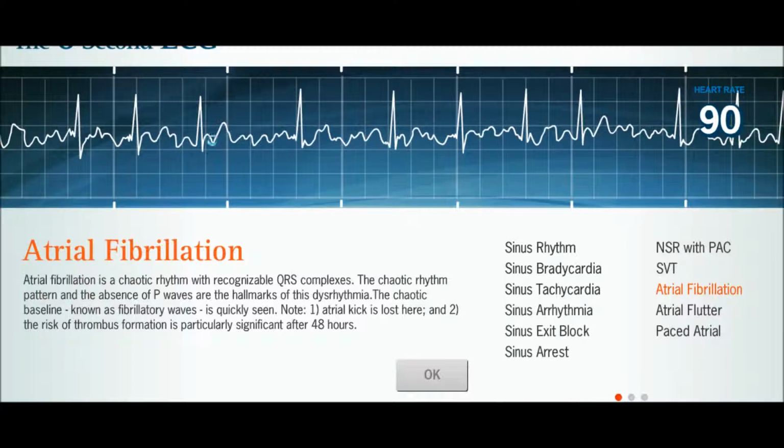And if we look here at the baseline or the equilibrium electrical potential, there is no baseline. It's just all over the place. It's squiggly, it's jumping everywhere. And so that is indicative of the atria just going crazy. They're fluttering, fibrillating. This is actually an atrial fibrillation, so we're not going to get into the atrial flutter in this video,